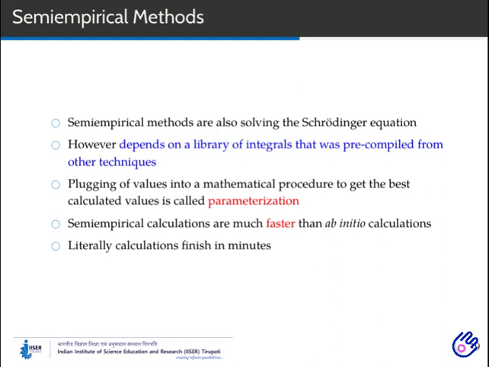For example, we all know the benzene molecule. It is a well studied and well explored system. Many theoretical and experimental data are available for that system. In case we wish to study anthracene, which is nothing but three fused benzene rings, the semi-empirical program will substitute the default parameters like bond angle and bond length of benzene into anthracene, then it will solve the remaining integrals. Thus, these methods are much faster than ab initio.